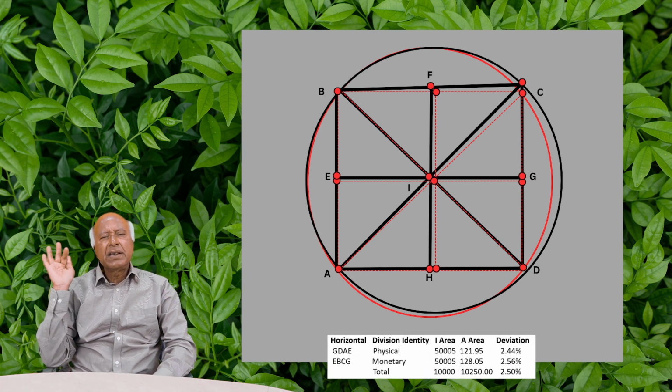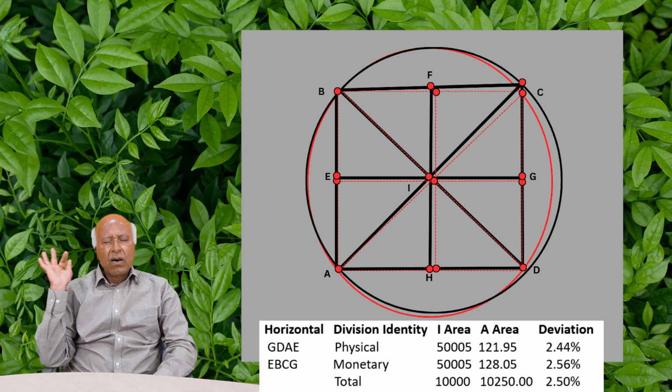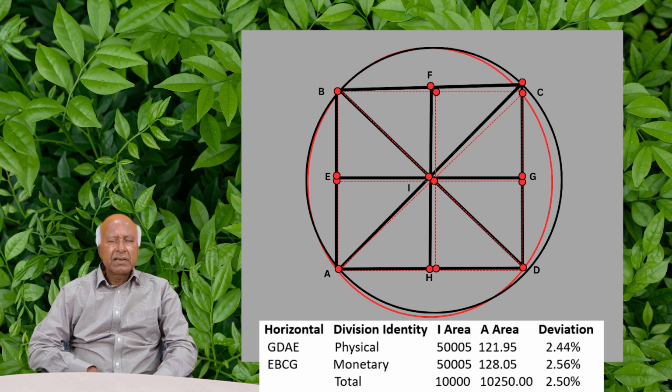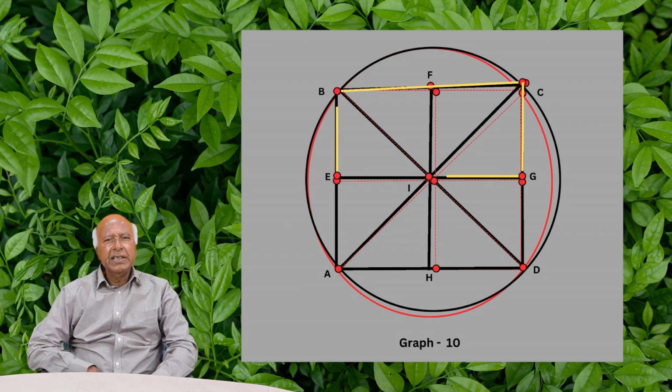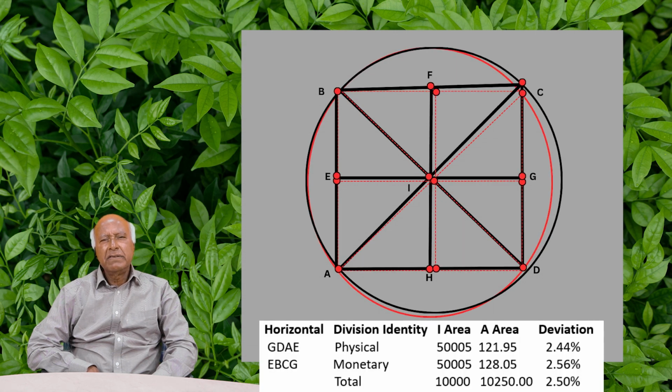Horizontal division means the division of physical stability, the lower part of the two poles of consumption and production, that represents physical values, and therefore it is the rectangle of physical stability. The other upper part of it is EBCG. This is the total. These are the four poles of horizontal division of the economy,